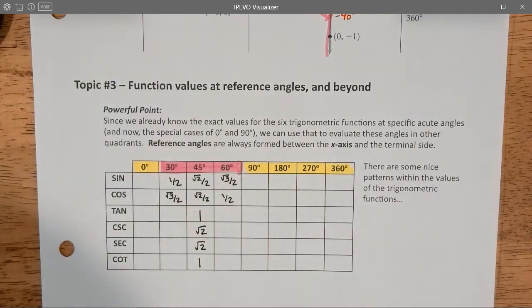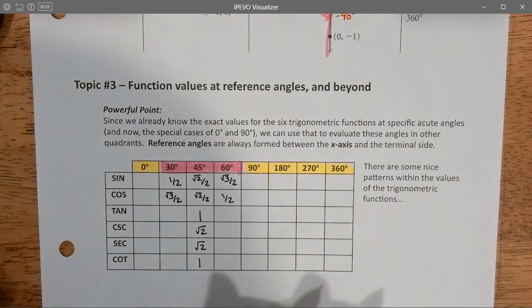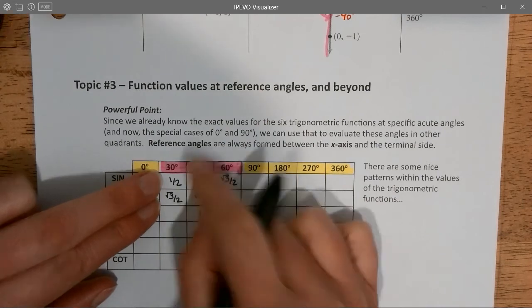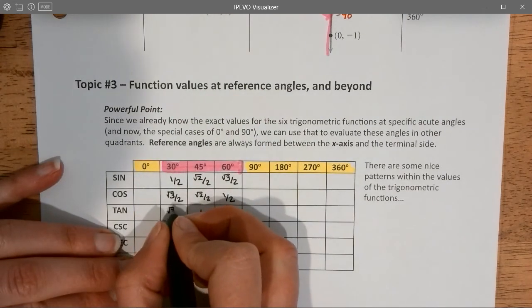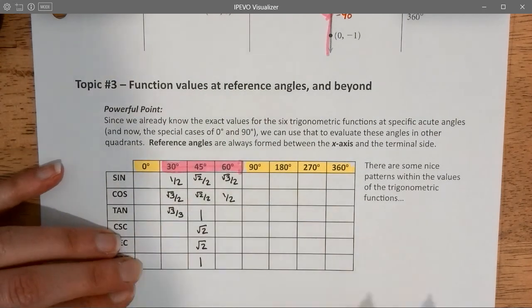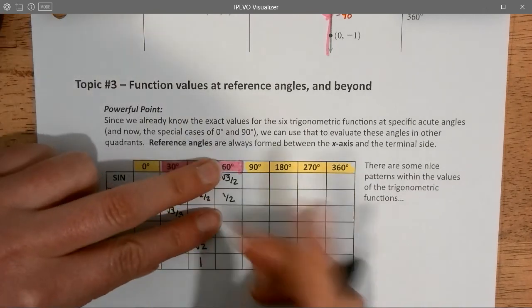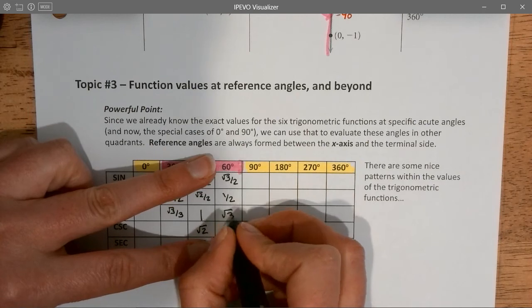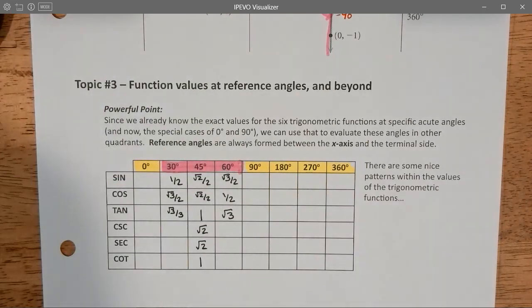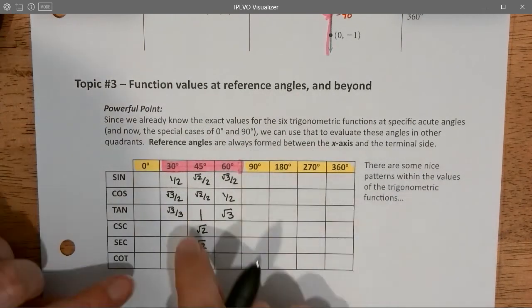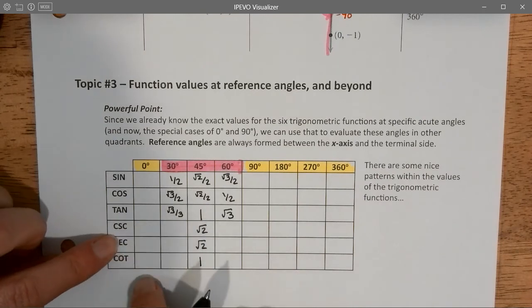Now the tangent is the ratio of those two. So if I take sine divided by cosine, that's going to be 1 over the square root of 3, or square root of 3 over 3. And if I do it in reverse, if I do the tangent of the 60, that's going to be the square root of 3. I remember that these are reciprocals of each other, so I can do the cosecant, secant, and cotangent. So first of all,